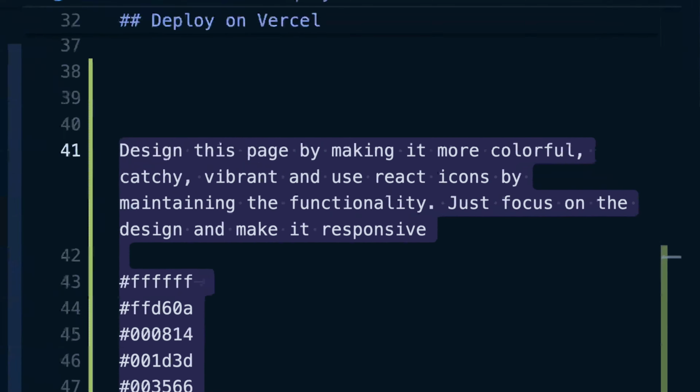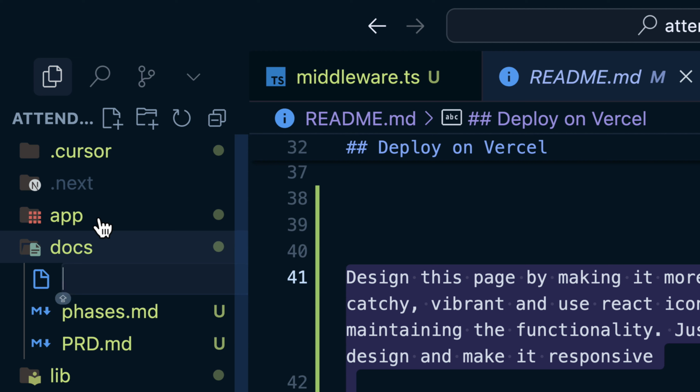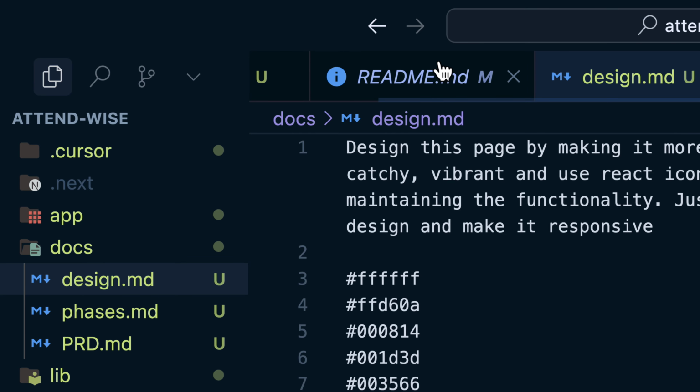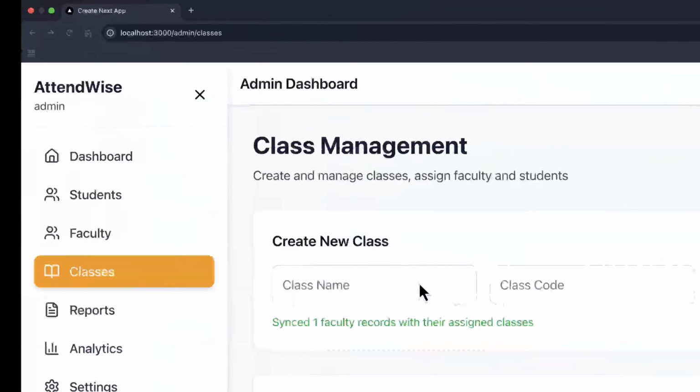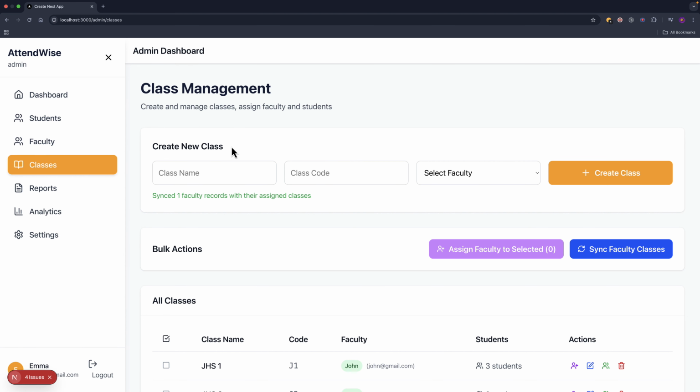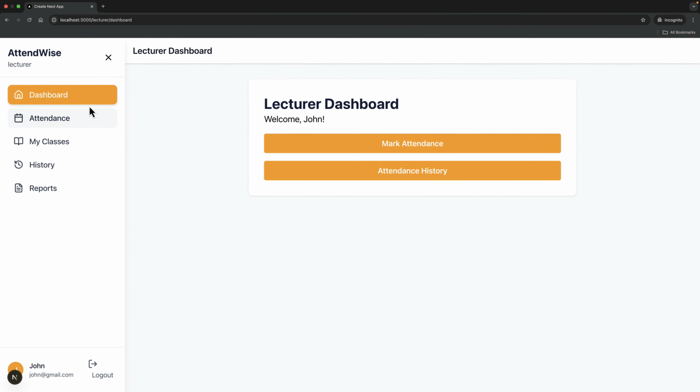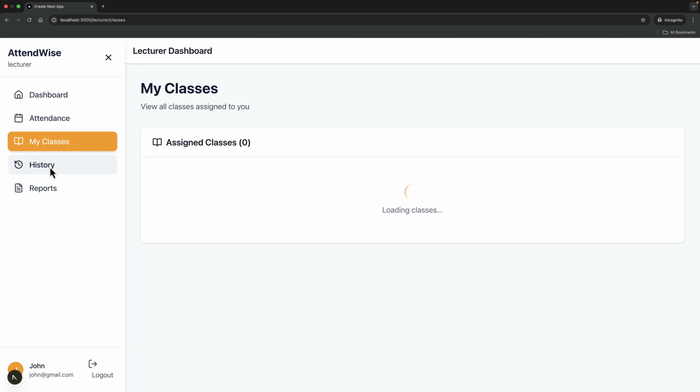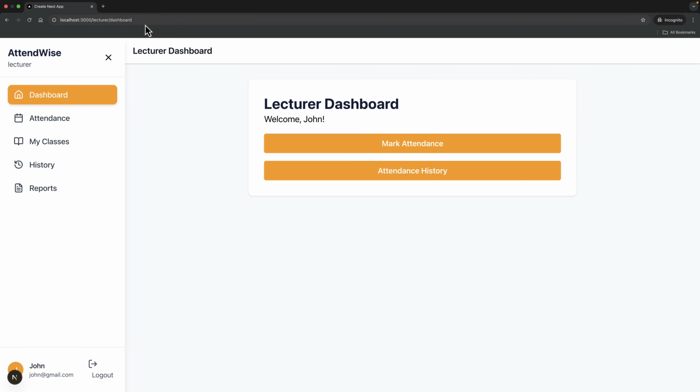And back to the documentation here, I'm going to have one file as design.md and then paste. So I'm going to close everything from here. We are going to redesign the lecturer dashboard, which is this one here. All you have to do is, for any page that you want to redesign or design, just copy the